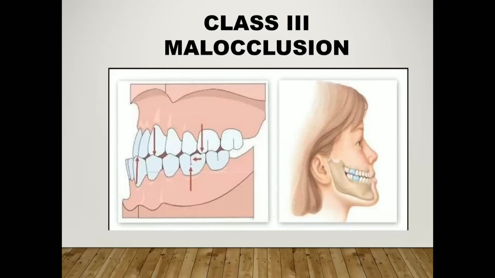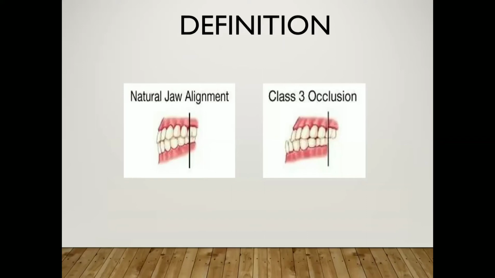Since we all know class 3 malocclusion is easy to identify, but it's always a difficult task to handle. The highest incidence of class 3 malocclusion is seen in Japan and Korea. The father of modern orthodontics, Dr. Edward Angle, in the year 1899, classified malocclusion into class 1, class 2, and class 3 based on the permanent first maxillary and mandibular molar relationship and alignment. So in a class 3 malocclusion, the mesiobuccal cusp of the maxillary molar will occlude between the embrasure of the mandibular first and second molar. So that is how we classify a class 3 malocclusion.